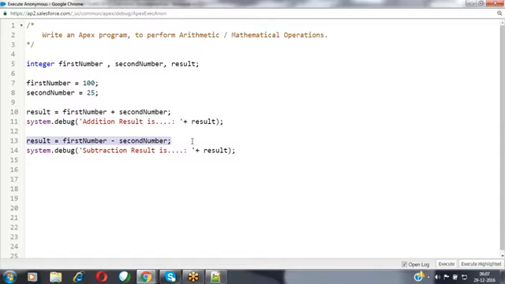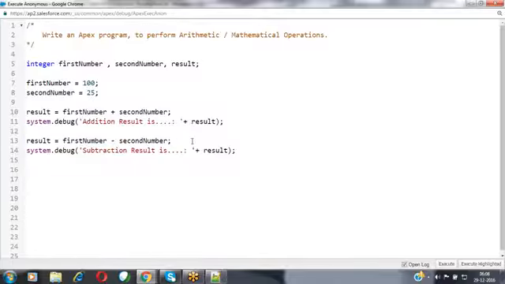So always try to write the code in a generic format. Always try to write the code in an optimized way, by reducing the number of lines of code so that we can write more functionalities also, because Salesforce has a limitation that we can write a maximum of 30 lakh characters of Apex code inside your entire organization.